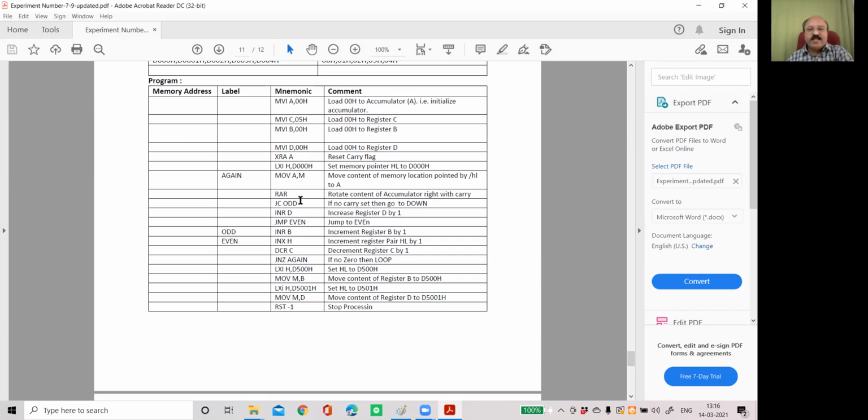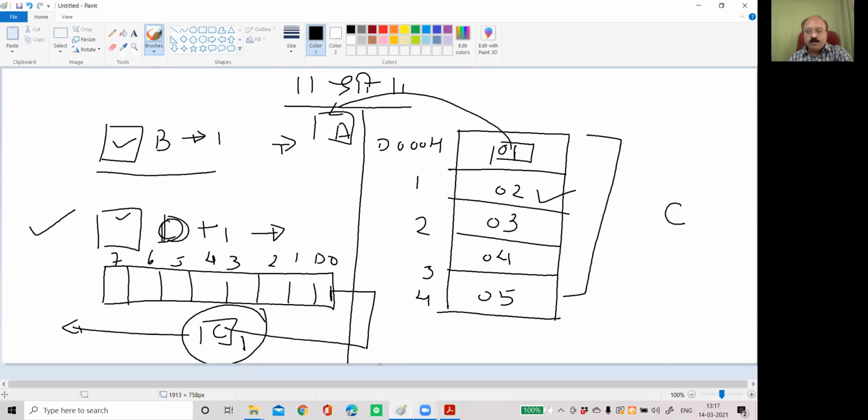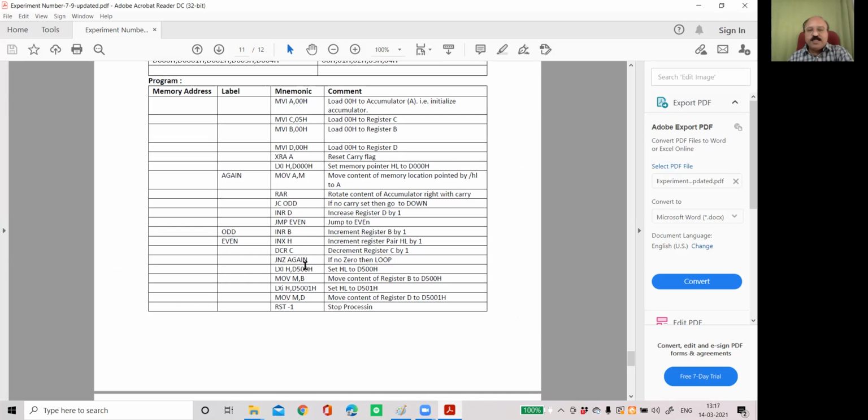Now, JC, jump with carry. If carry flag is set, then go to ODD. So it will increase the counter of B for odd. Then increase the pointer, so it will come to the next memory location, that is 02. Is C zero?